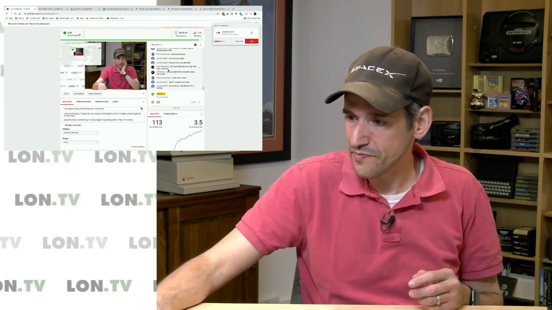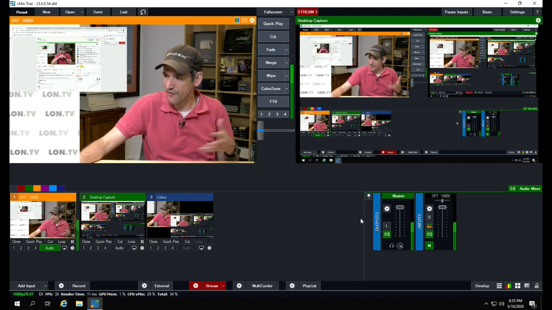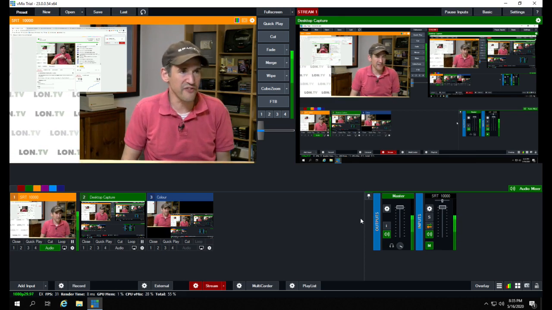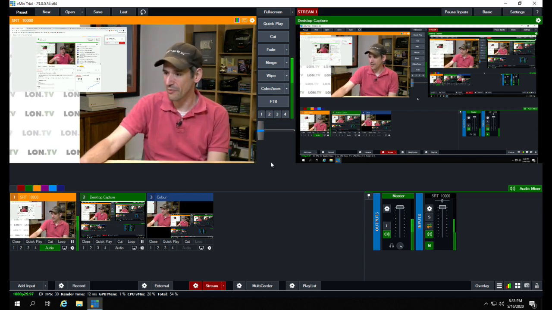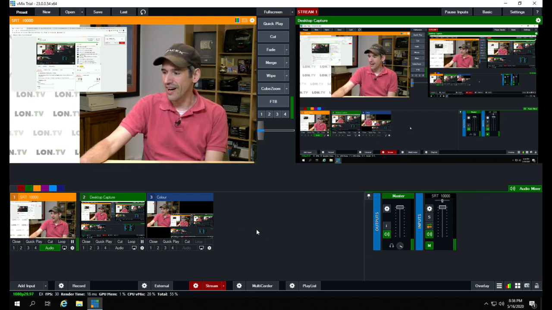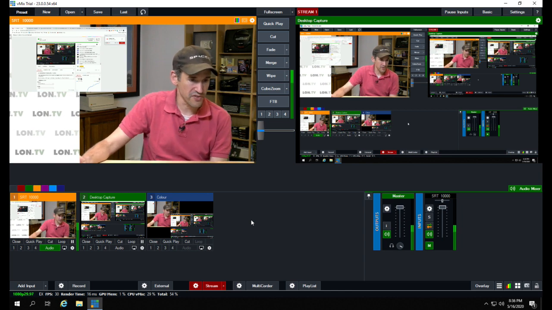Yet here, I'll put this back up. Here it feels like more of a professional production switcher, and it doesn't quite follow the standard that the TV industry has kind of worked in, but it does preview program. You can get control surfaces for it. It's just been really solid and super stable. So those are the two things that